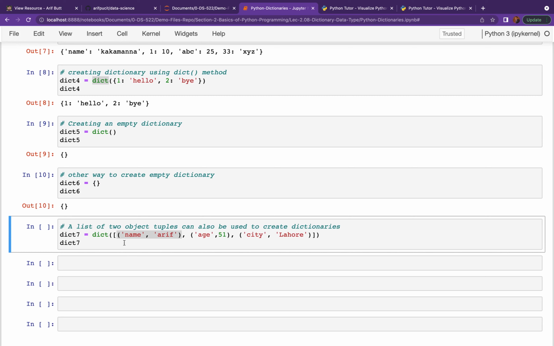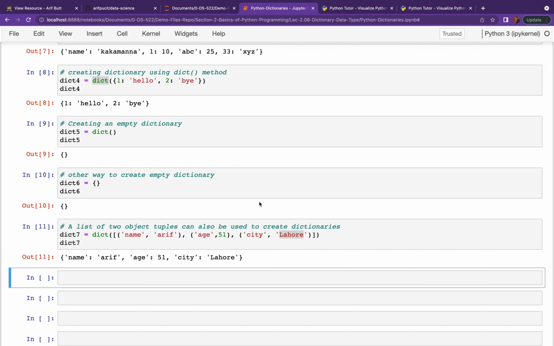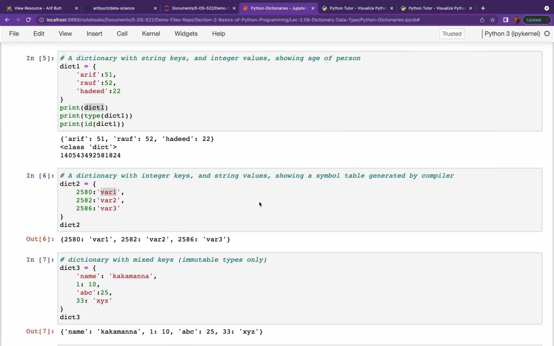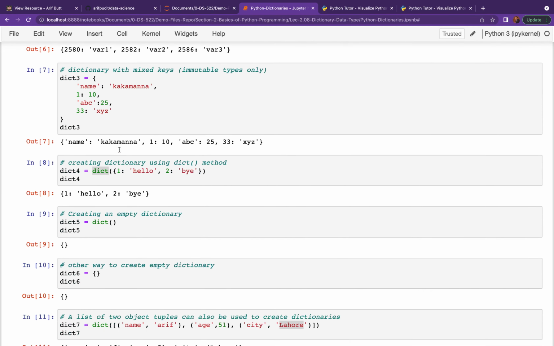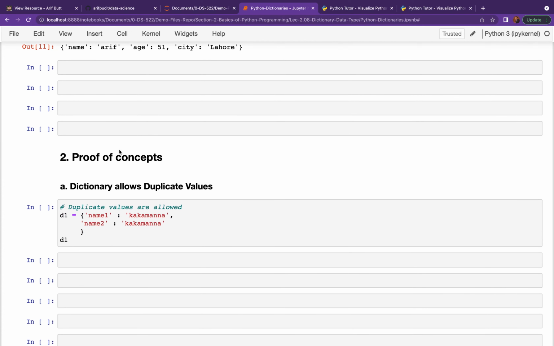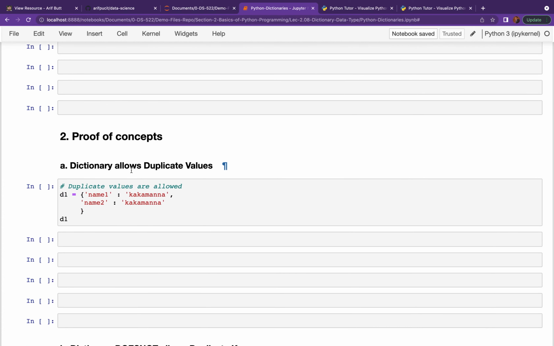And you can always pass a two object tuple to this dict method, and this way you can also create dictionaries, the key and the value, the key and the value, the key and the value. So these are the different ways of creating dictionaries, and most of the times we use this method, more readable. Okay, after creating dictionaries, let's have some simple proof of concepts related to dictionaries.